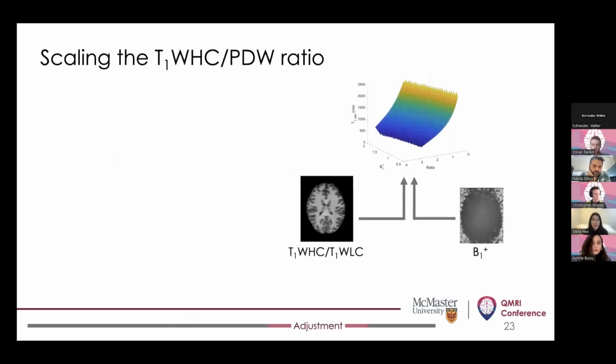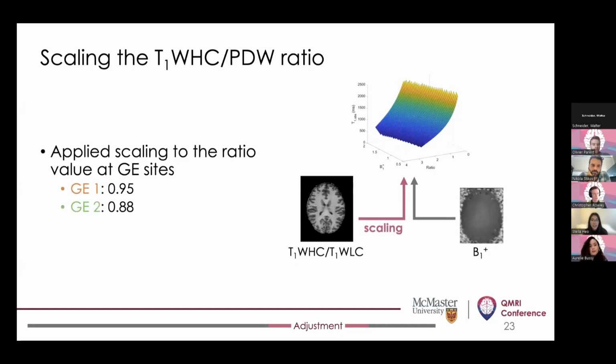So to play around with this notion, we tried to globally scale the ratio values between the two T1 weighted images using site-specific scaling factors just to see if that could somehow reconcile the intersite differences that we observed. We tried a number of global scaling factors for each site, and through visual inspection and trial and error, found that these scaling factors listed here led to considerable overlap in ROI R1s across sites.